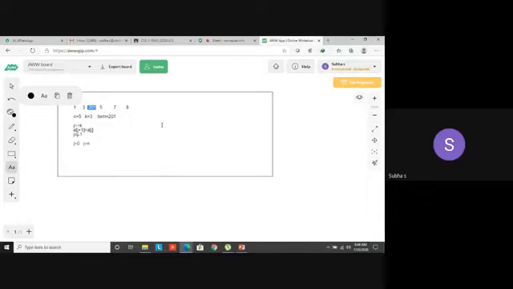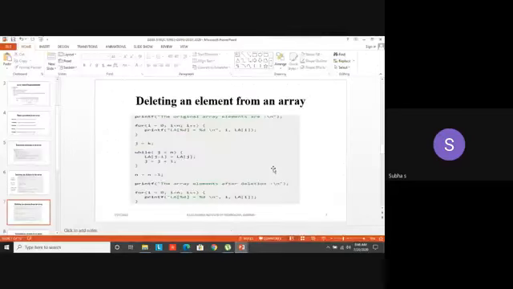While inserting an element, you are increasing the size of the array or the list. While deleting, you are removing the element from the list, so obviously your list size should shrink. Initially it was 5 or 6. After deletion, it has to be reduced by 1. Again, if I do the same deletion operation, it has to be shrunk by 1. You have to remember that. So let's see the routine for deleting an element.